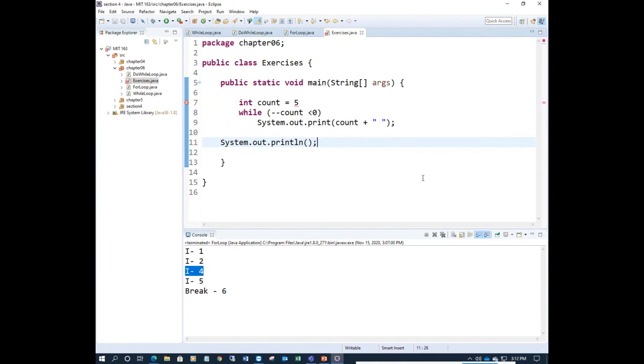So that's one thing here, count value here is 5. Initially count equal to 5, minus minus count means pre-decrement, so it decreases the value of 5, it will become 4.